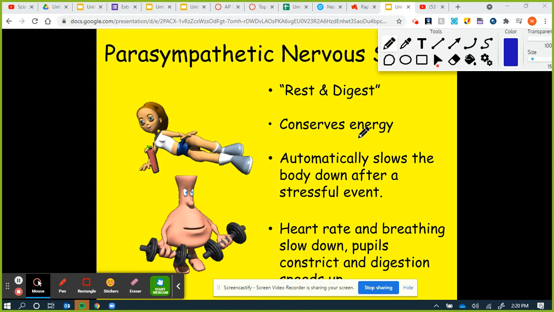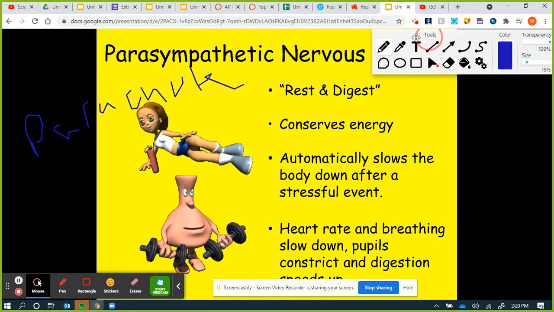One way I do remember my mnemonic for this, and it might not help, but parasympathetic nervous system is like a parachute. Imagine that you are jumping out of an airplane. You jump out, your sympathetic nervous system is active because you're falling through the air. You pull the parachute, it comes out, slows you down. As soon as the parachute comes out, you're like, good, I'm not going to fall to my death. And your body will calm down. So parasympathetic nervous system is like a parachute, slowing you down.